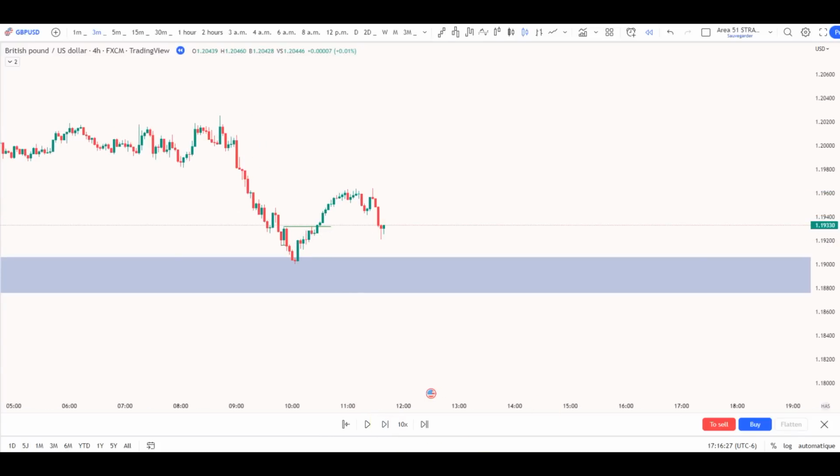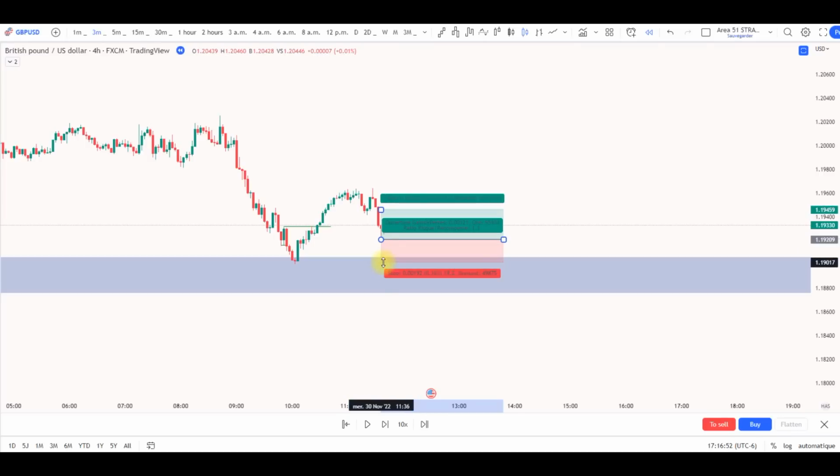All right, so now this area here is broken by which candle? So it could be this one, or it could be this demand zone here. So you can mark this entire area. So now that you have your confirmation, you initiate your trade. You're going to be basically buying this market. So you set your stop loss below this structure here,